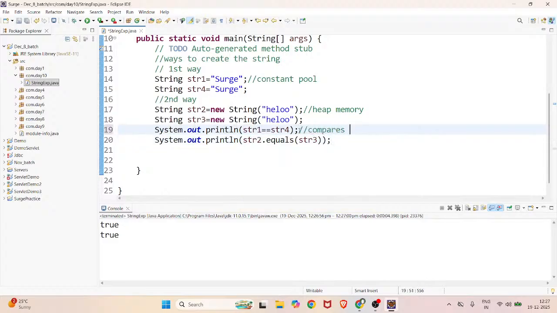Double equals compares reference, and dot equals compares value. Clear? Double equal to compares reference, dot equals compares value. Right? Next, these are the two ways to create a string. Okay? Next,